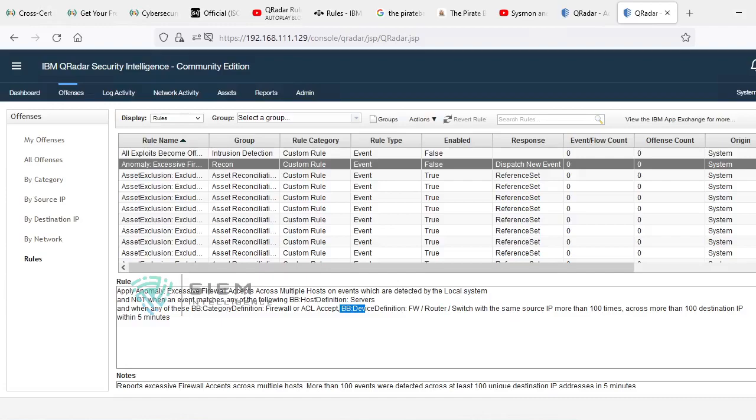We can say that a building block is a template. You can say it's a module where you can collect some set of data and keep it aside, so that whenever you require it, you can call it. It does not have an action. There is no rule response or rule action. It will only keep the data. Once you create a building block, it keeps on doing that activity.